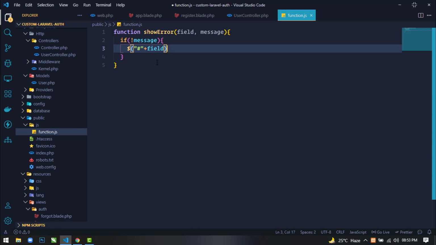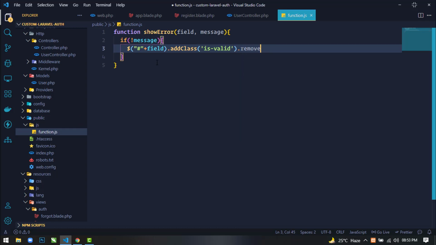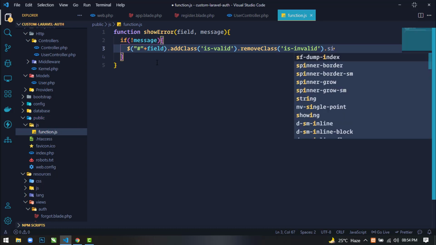And in this field we will use addClass is-valid, and we will remove the class is-invalid, and we will also remove the message from the invalid-feedback div.